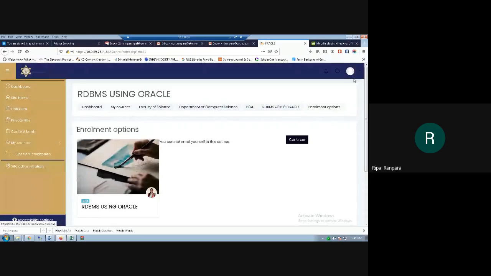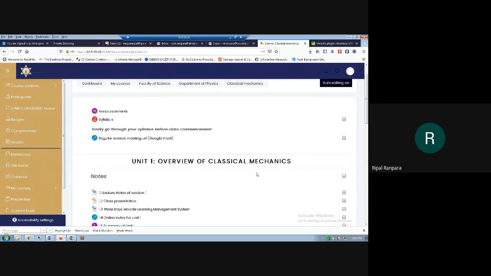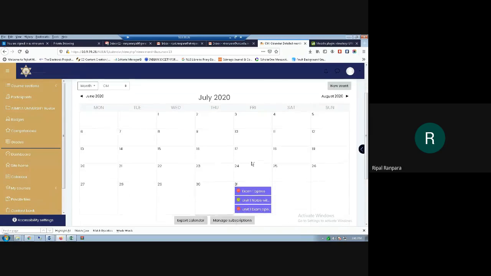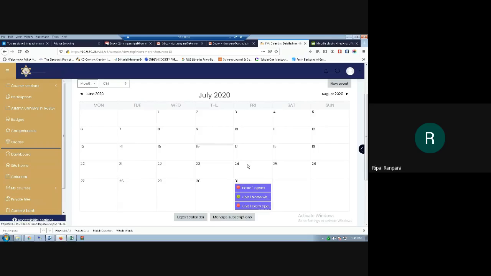One more important thing I need to share is, let me click on classical mechanics, and the other thing, the calendar, which is the most important. As you can see, I've set up an exam on this particular date, Friday the 31st, which the student has to attend.